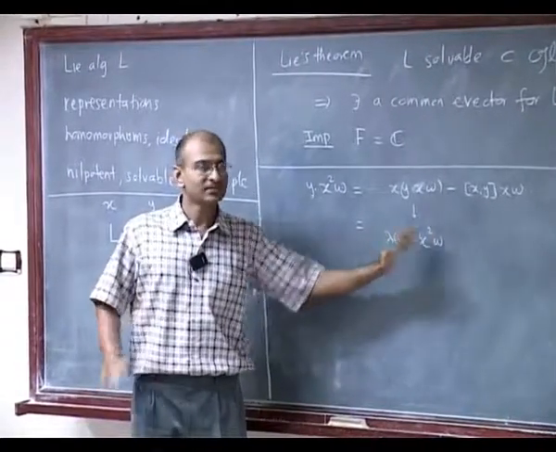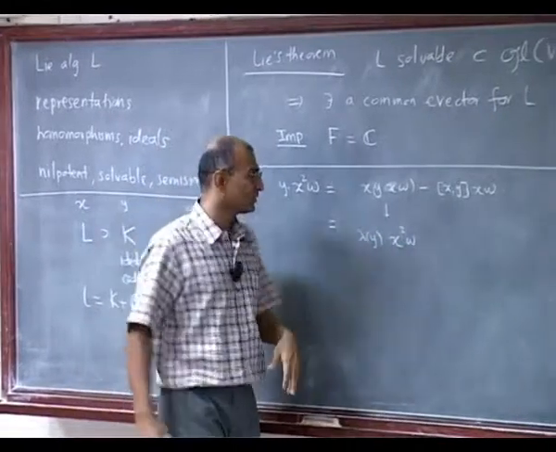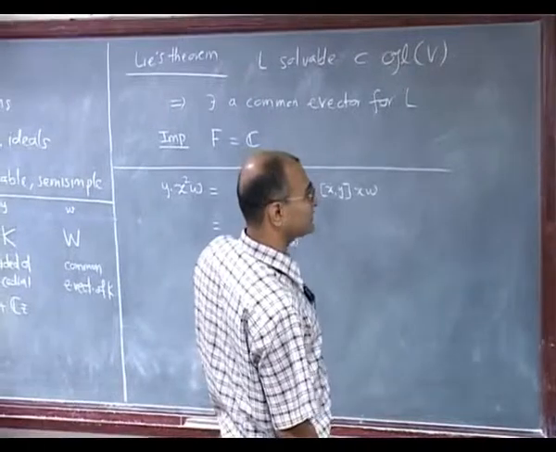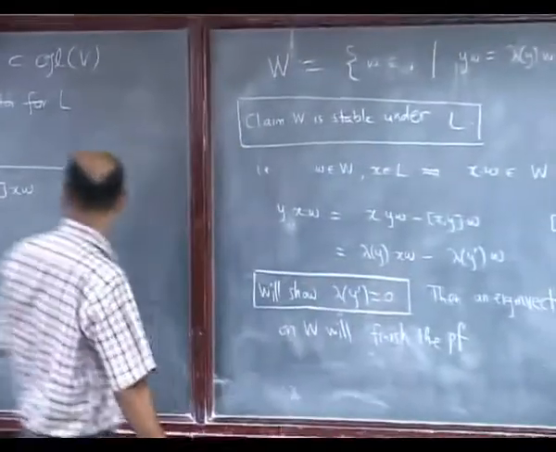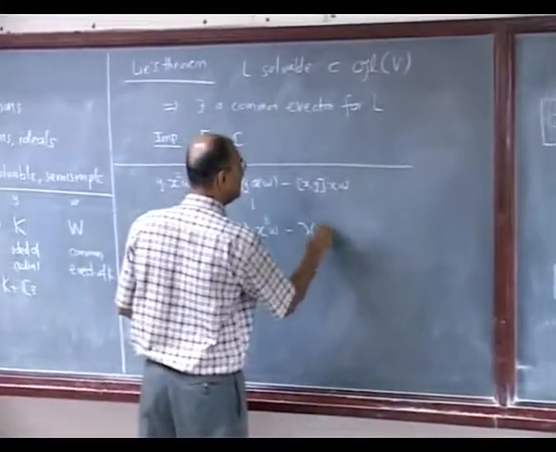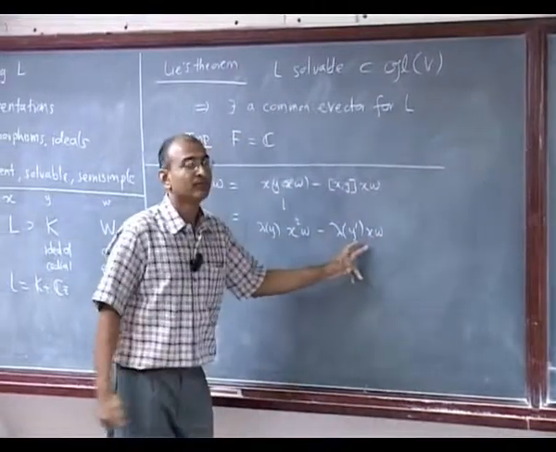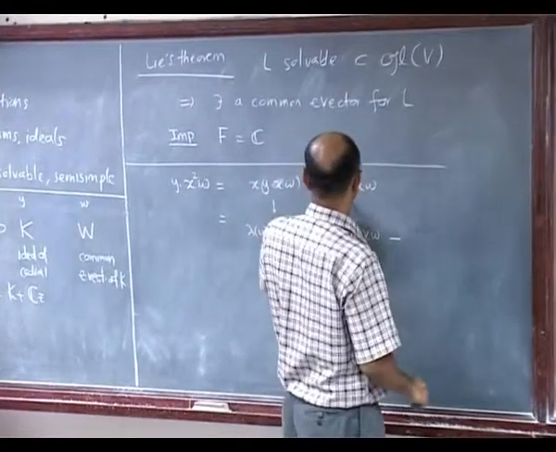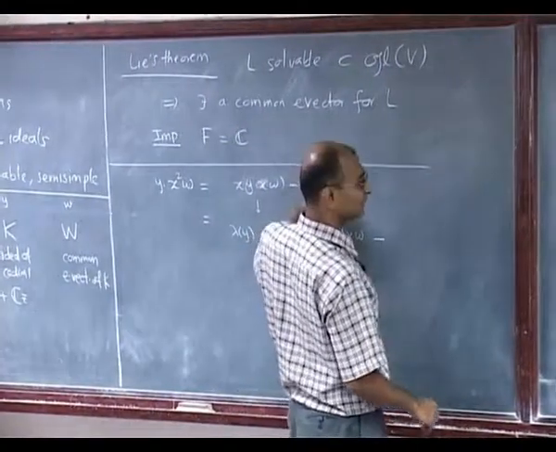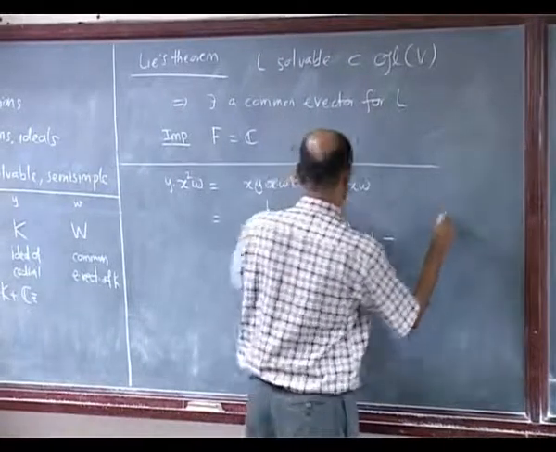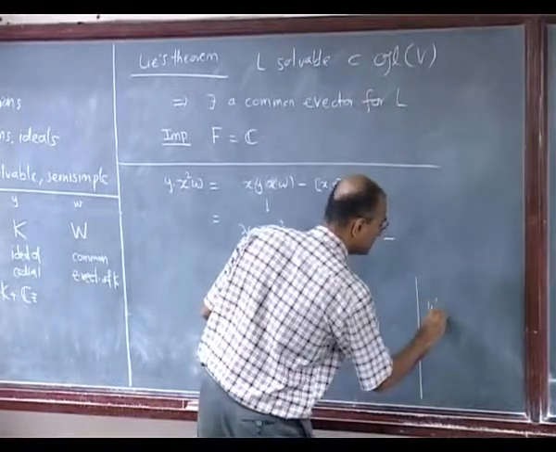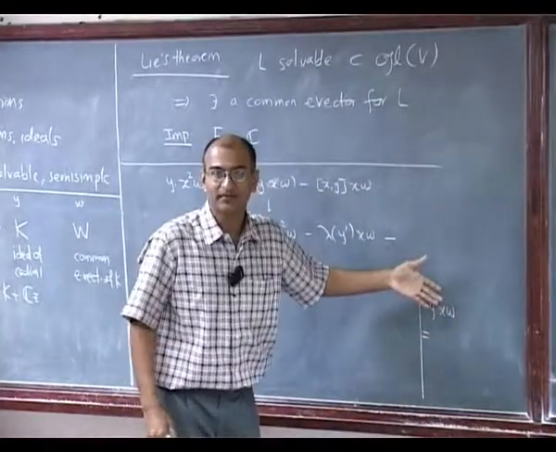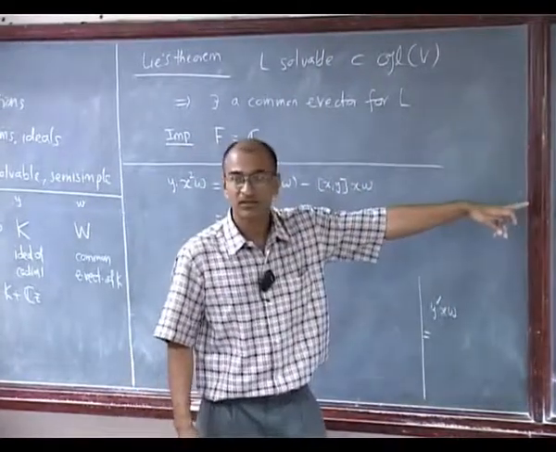Okay. But let us see what the rest is to get the induction going. Then there will be another term, which is what? X acting on this. So minus lambda y prime x w. Then minus this is y prime, by the way. So y prime acting on x w. So this term is, I have to do the calculation separately, y prime acting on x w. But notice y prime is just another y. So I can again refer to the same calculation.